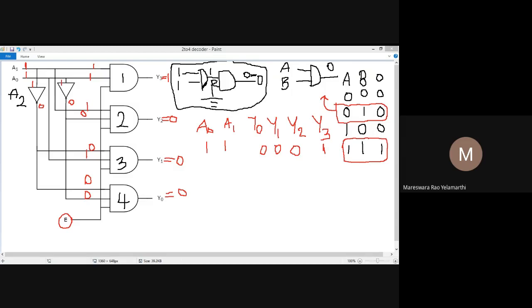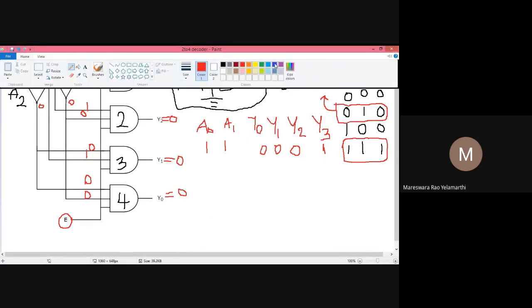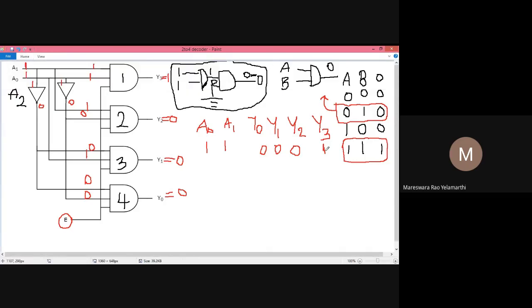Okay, right. I'm going to explain the next combination. For that, I'm going to take a different color. For this particular combination, my input values are A0 is 0 and A1 is 1.